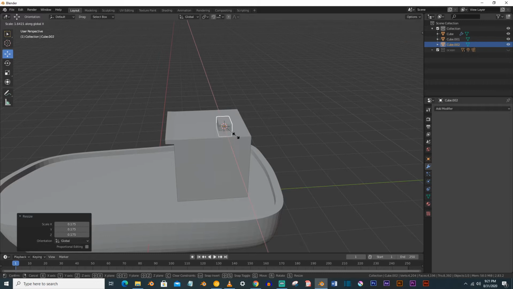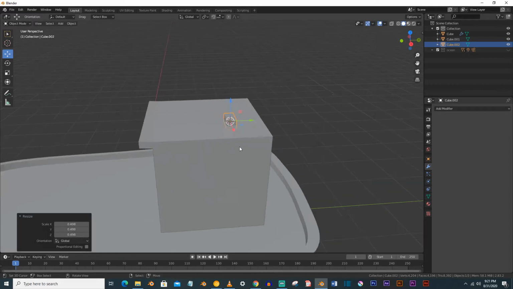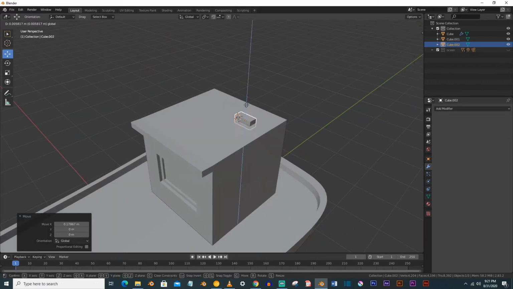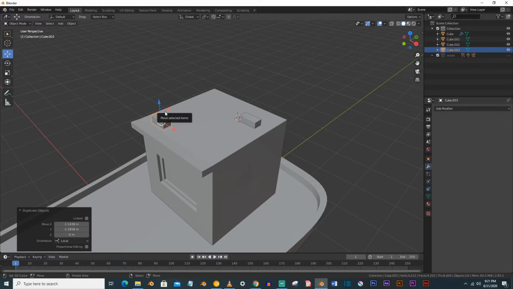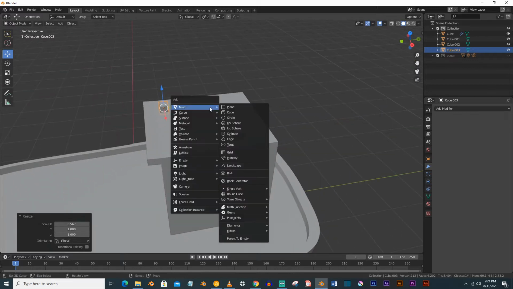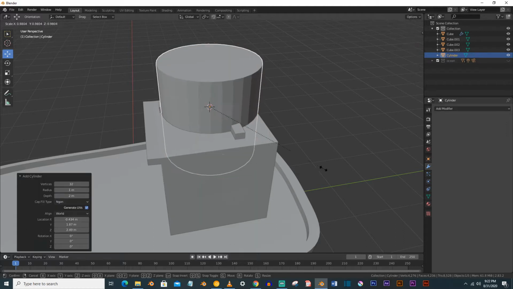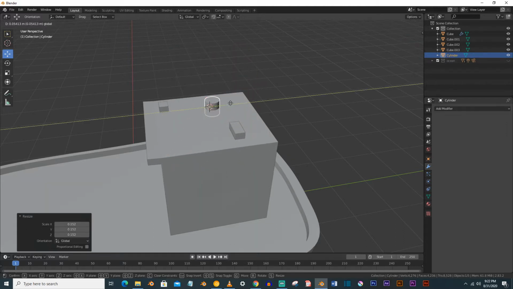Just quickly make more detailing of our boat and Shift D and move it like this by pressing G and Shift Z, S and Z. Make it some tower by selecting a cylinder here and like this.